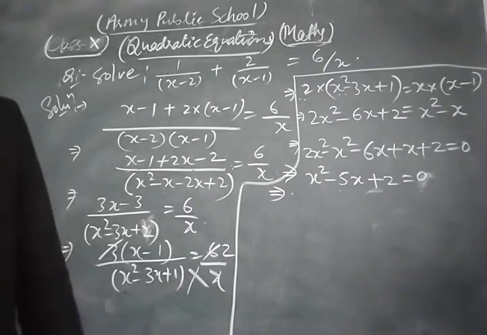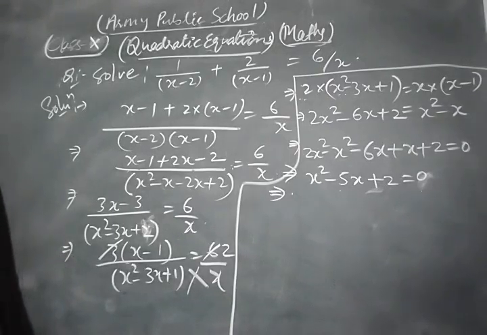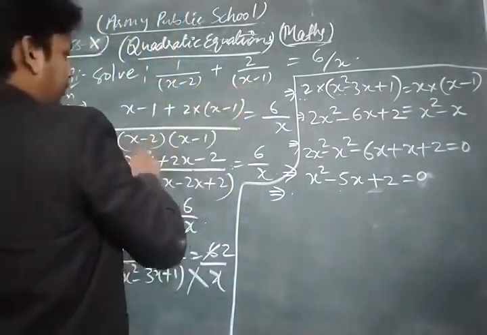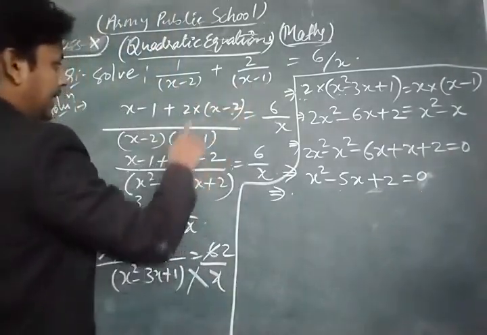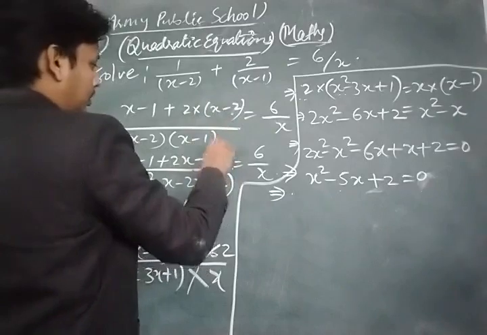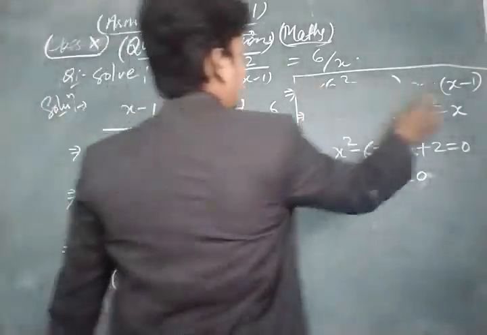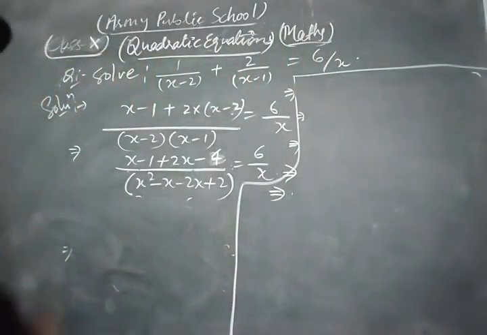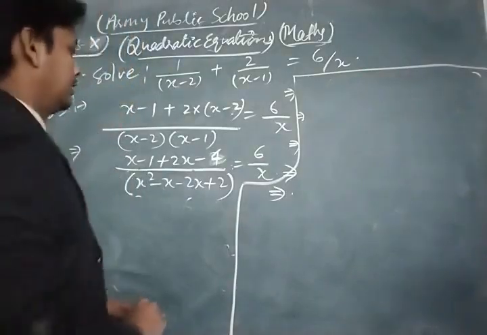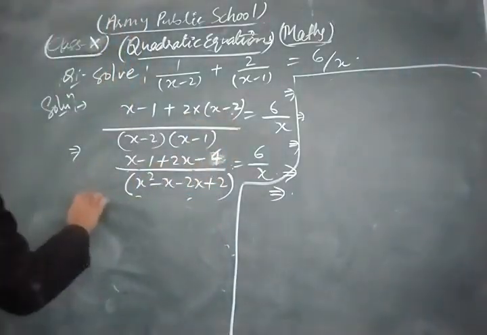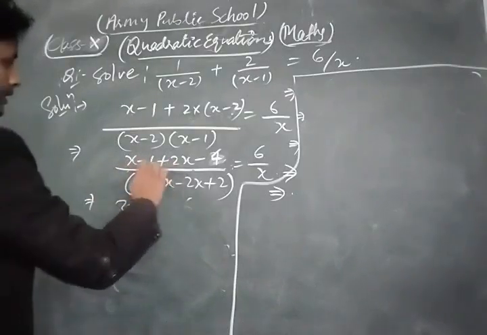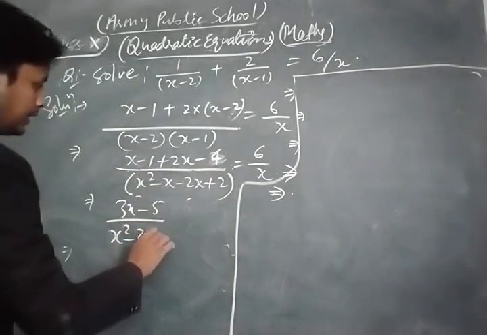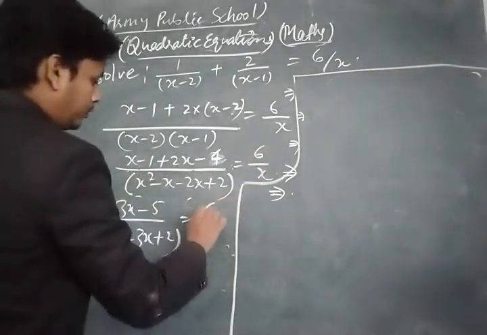That is 2 into x minus 2 is there. Oh, one mistake is here. One x minus 1 is x minus 2 is left there, dear students. So that is 2x minus 2, 2 to the 4 is here. Okay, here one mistake is there. So look, from there students, here this is 2 now, 2 to the 4 is left here. So we have this, look: this is 3x minus 3, that is minus 5, upon x square minus 3x plus 2 is equal to 6 upon x.